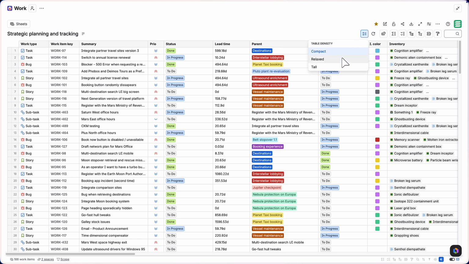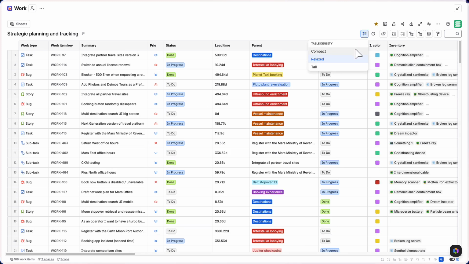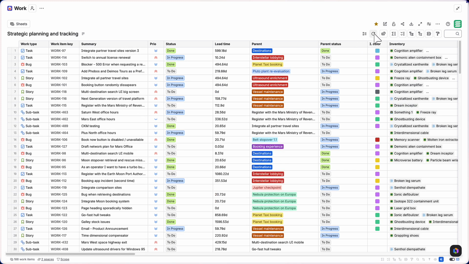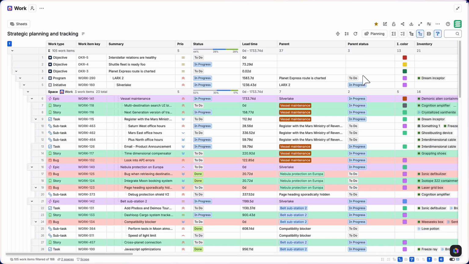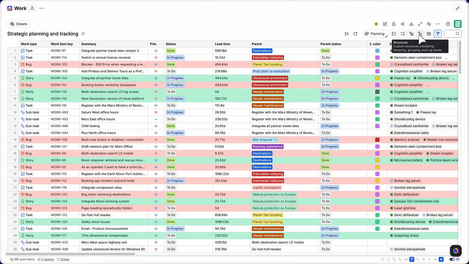Right below that, along the second row of buttons, you can set the table density to adjust your row height, refresh the table data, switch between saved views, sum up for totals, grouping, hierarchy, and structures roll your data up in different ways, from a simple grouping to a fully customized layout,